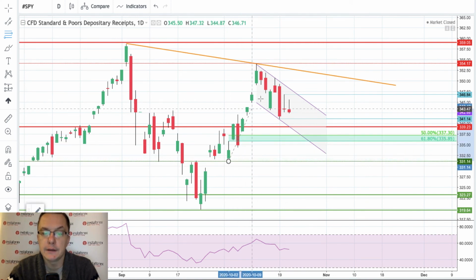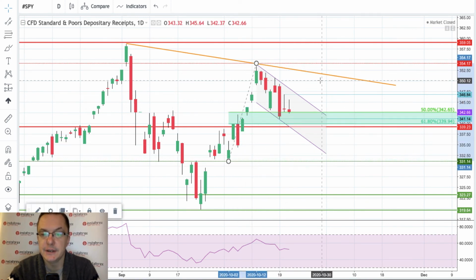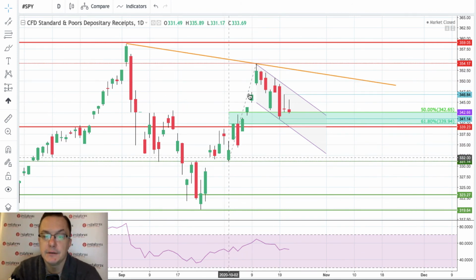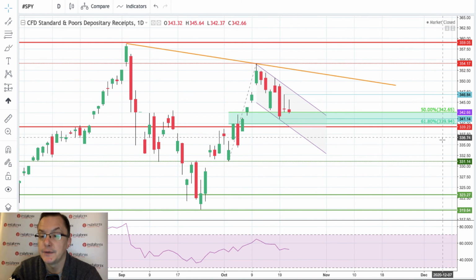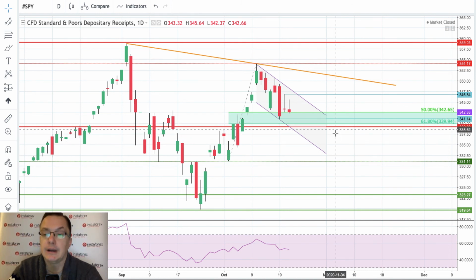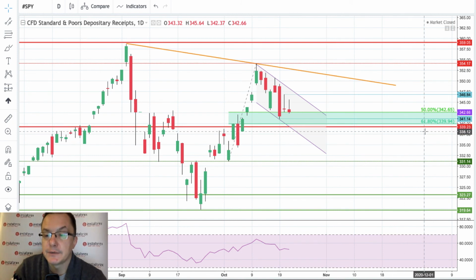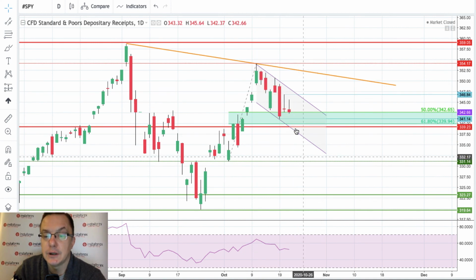But I'm just interested in one more thing, which is the Fibonacci retracement. As you can see, if we add the Fibonacci of the last wave here, the short wave here, we broke below 50 and we are about to hit the 61%, which is located at 339.94. So as I said, this zone around the level of 339.23, 339.94 is very important. It's the key short-term zone for the S&P 500. If violated, then we will likely break out of this short-term channel and will head lower towards the level of